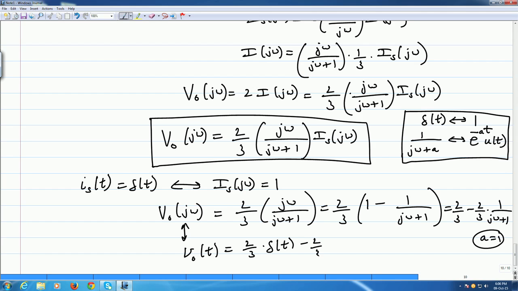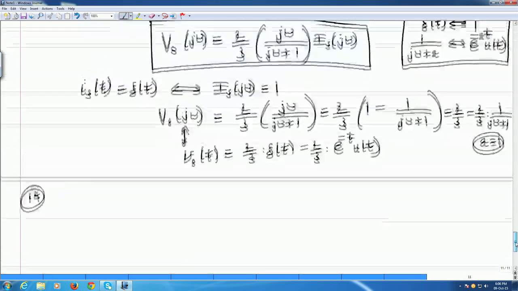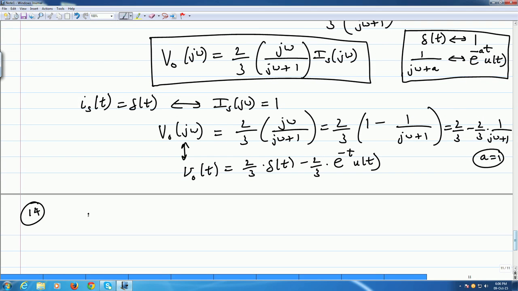So, you simply get 2 by 3 times e power minus t u of t. Okay. So, that is the output, and from here you can read off the values needed in the choices given in the answer. Okay. So, that is question number 13. For 14, also you use the same relationship. The relationship between the input and output is the same, except that is of t has now become u of t,